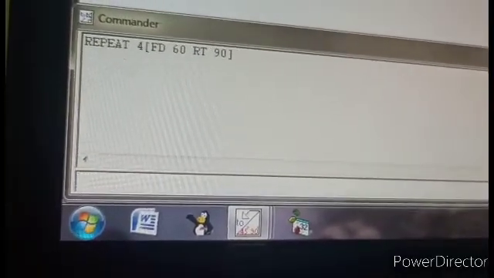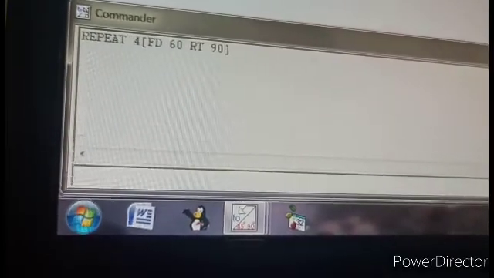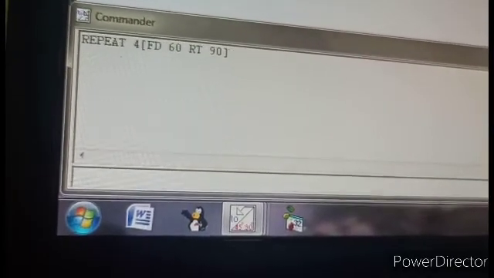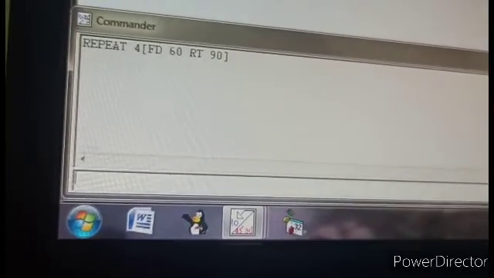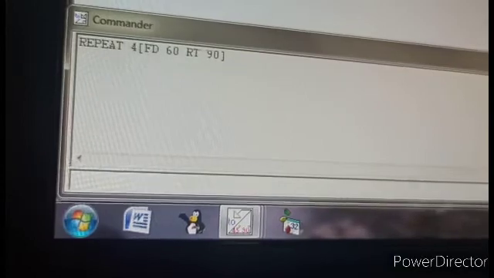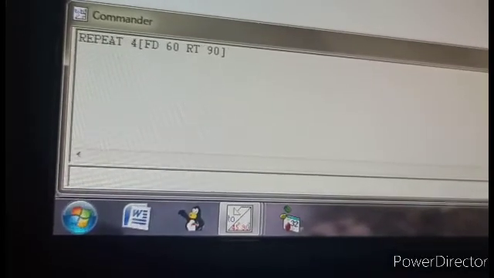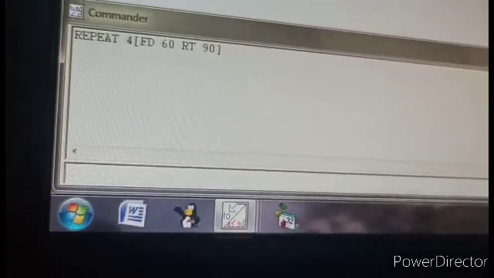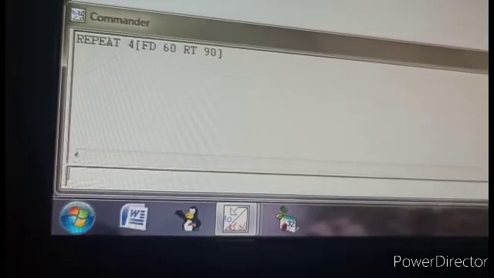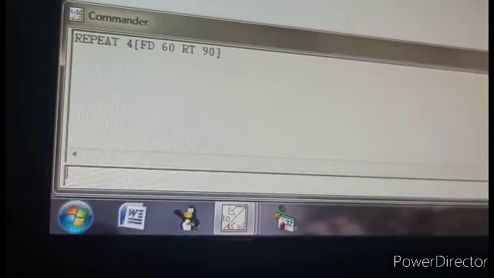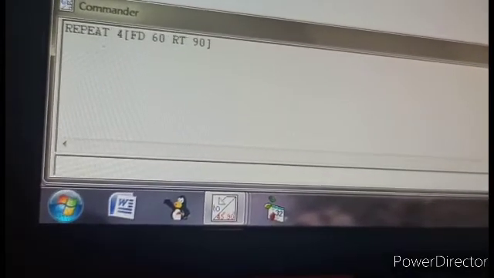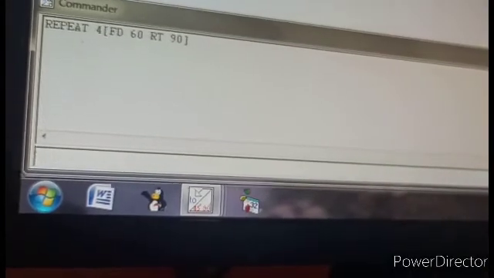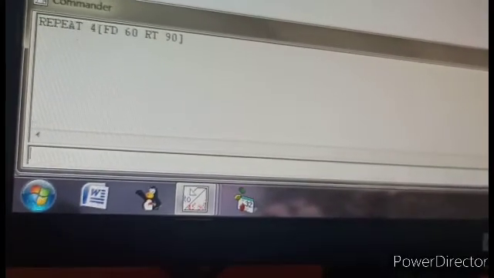First I need the repeat command, then the number of times it will repeat, then no space, third bracket, then no space, FD, one space, the number of steps it will go forward, or BK, whatever there is, then one space, RT, one space, 90, then third bracket close. In this manner it is very easy to do. If you practice more, this will be much easier for you.